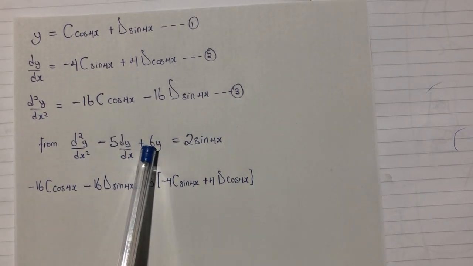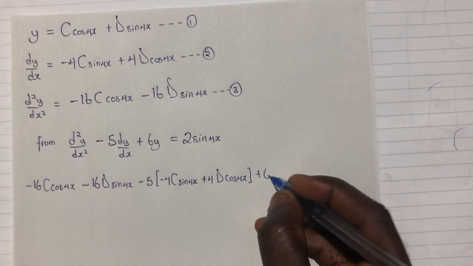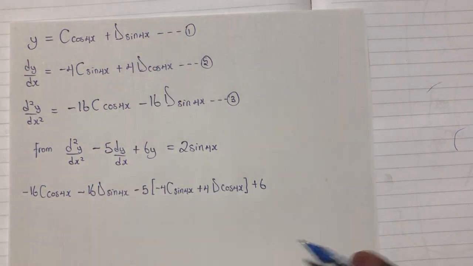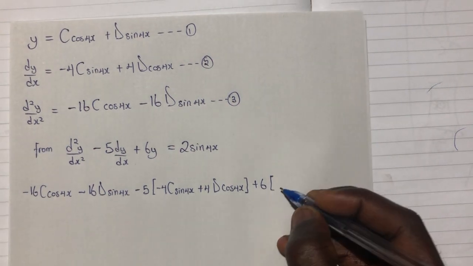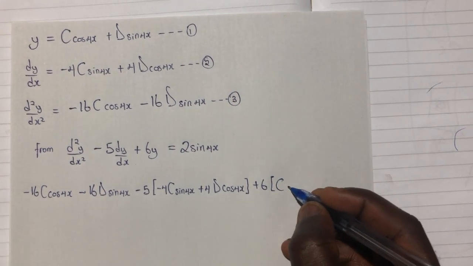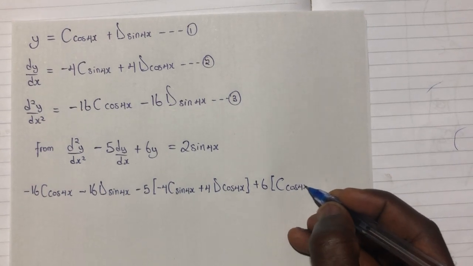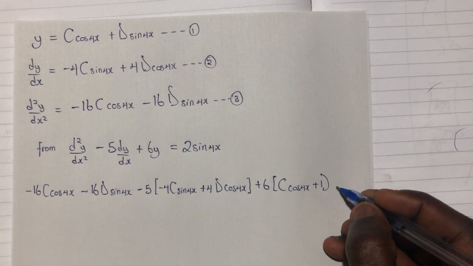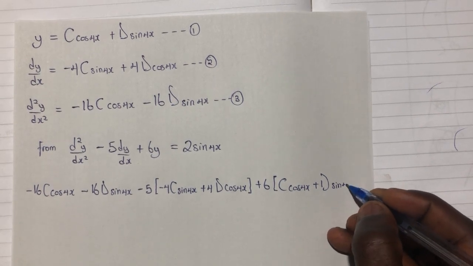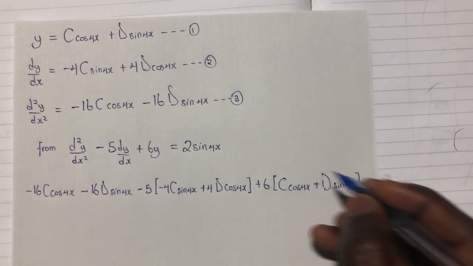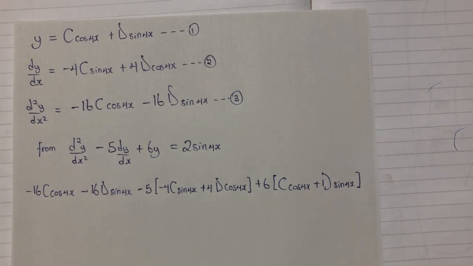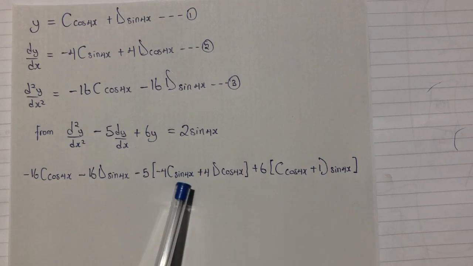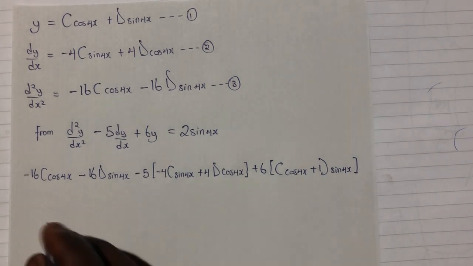Then we have plus 6. So plus 6y, where y is what? The first equation. So I'll put it inside: c cos 4x plus d sine 4x and bracket close. So now this is what we have. Your next step is to expand minus 5 and expand 6. So we are getting